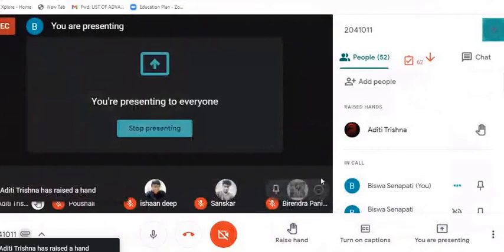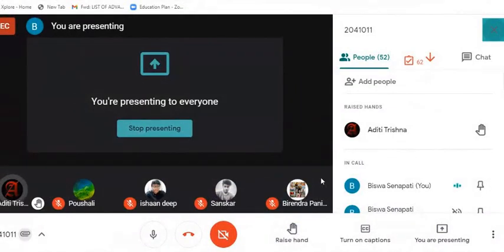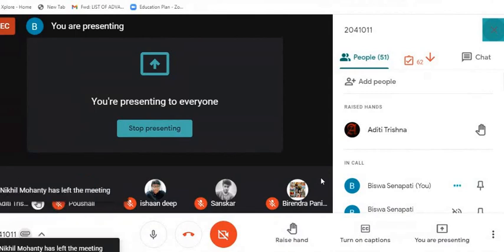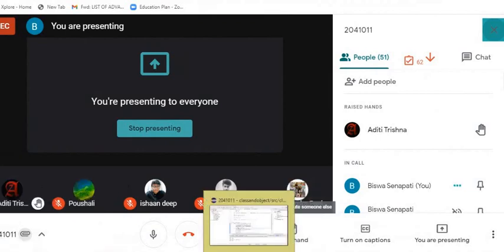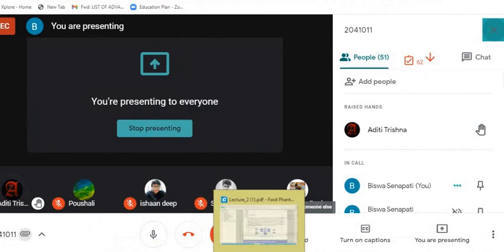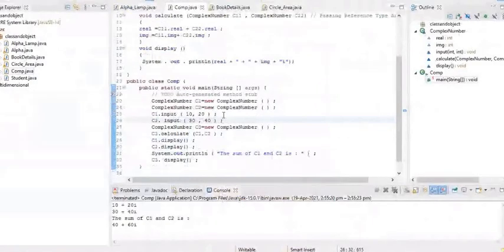Aditi, tell. How will we access the real part after adding? If I want to access the real part, for which object reference? The final result, when we display it, is going to be referenced by the object C3.